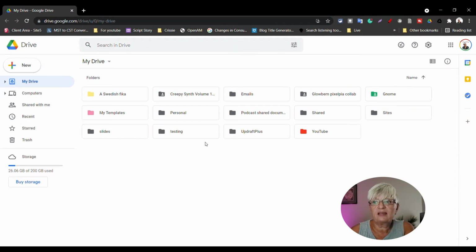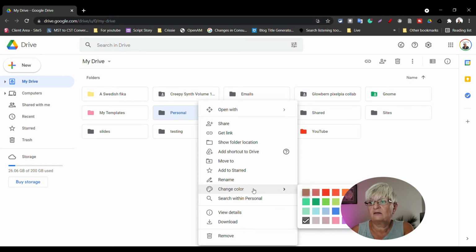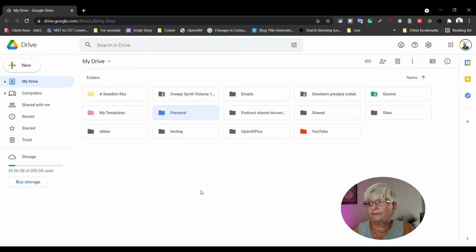But enough about that. Let's take a look at my Google Drive and the tips that you can use to save time and frustration. The first one, as you can see, I have color coded some of my folders. This is a great little tip to help you quickly find a specific folder. Let's say I want to color code my folder personal. I right click on the folder and choose change color, and in this case I'm gonna go with the blue